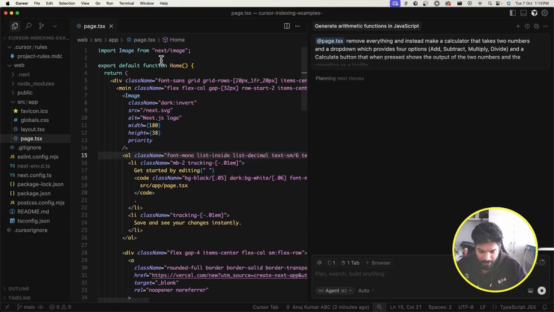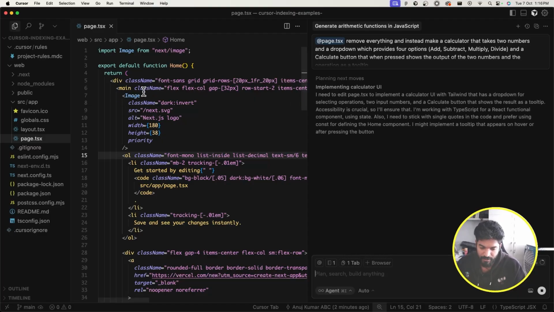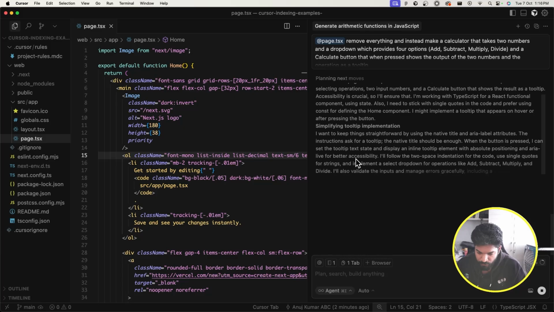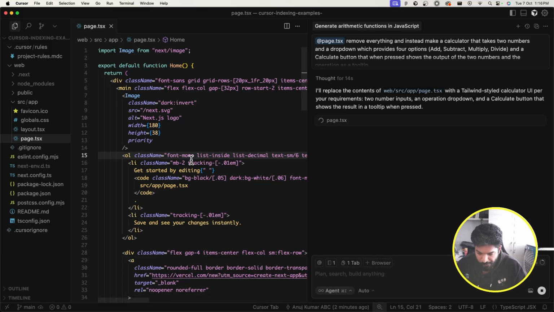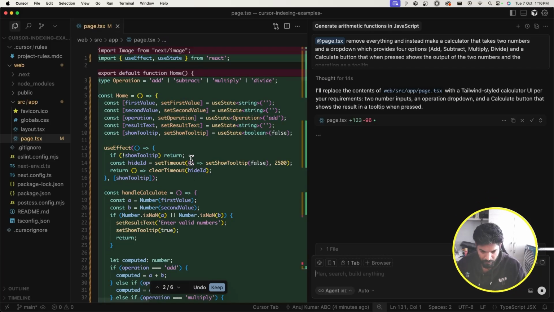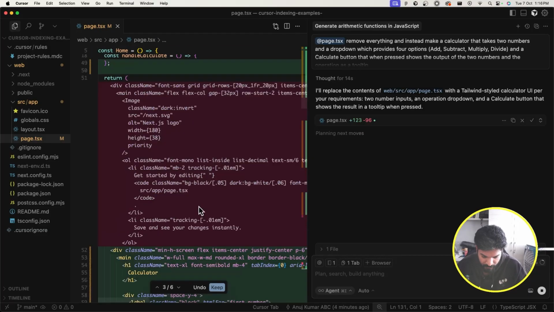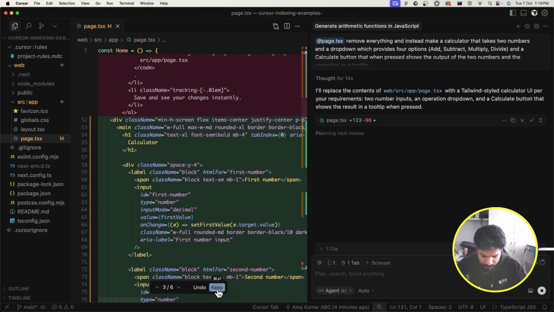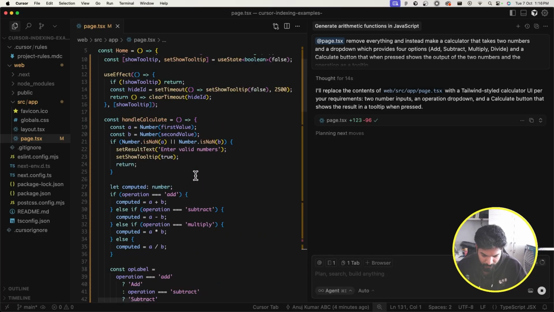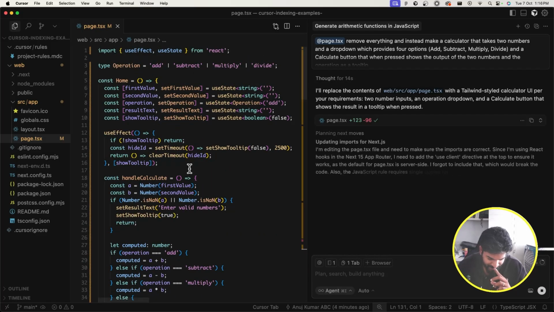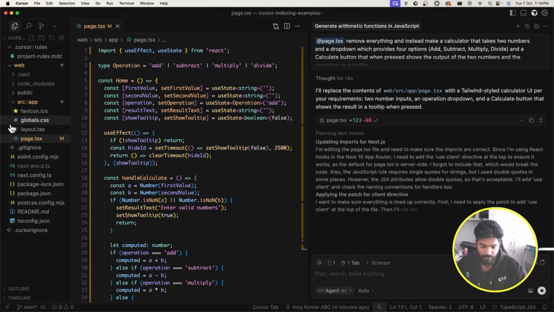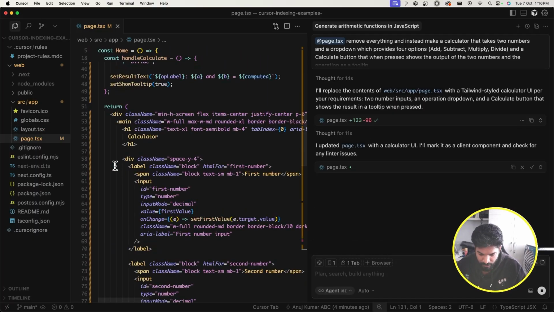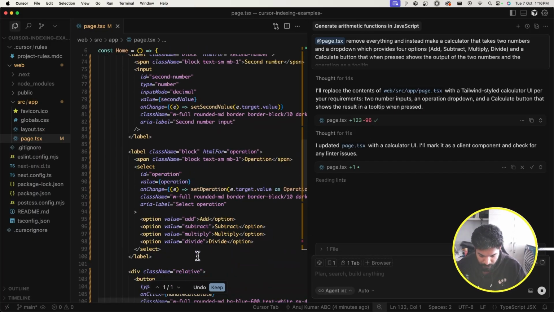So I'm providing this page.tsx as a context so that cursor knows that, hey, this guy wants to make changes in this file. Okay, so now it's planning the next moves. Let's see. So it has made the changes in this page.tsx file. So I'll just say, okay, keep it. But I would have wanted not to do this in page.tsx, but instead a different calculator file. But that's fine. Let's go ahead with this for now. We'll say keep,